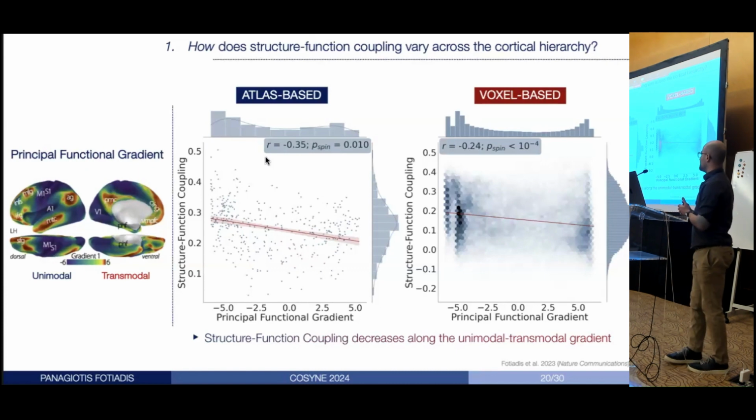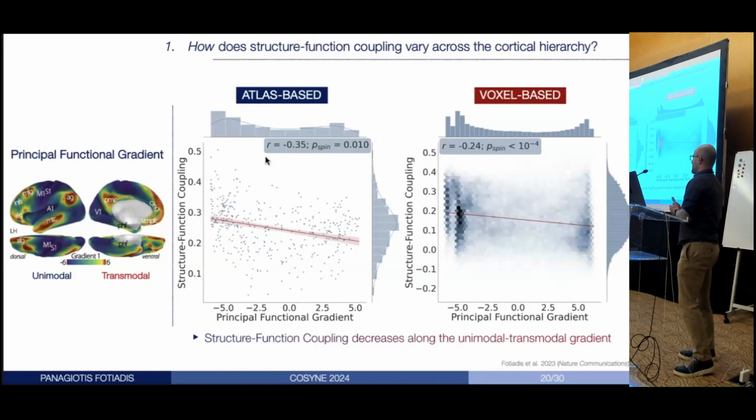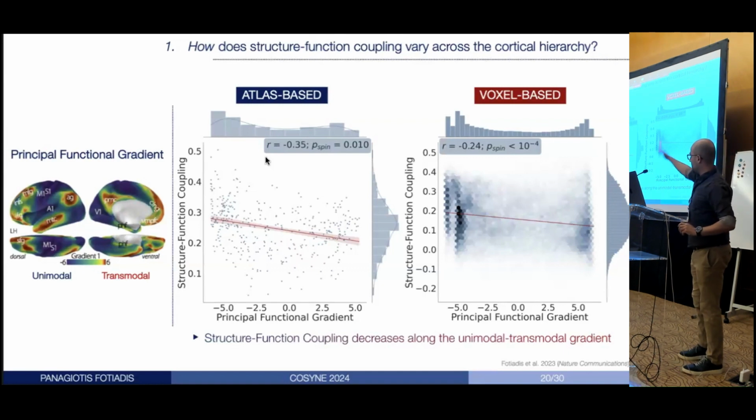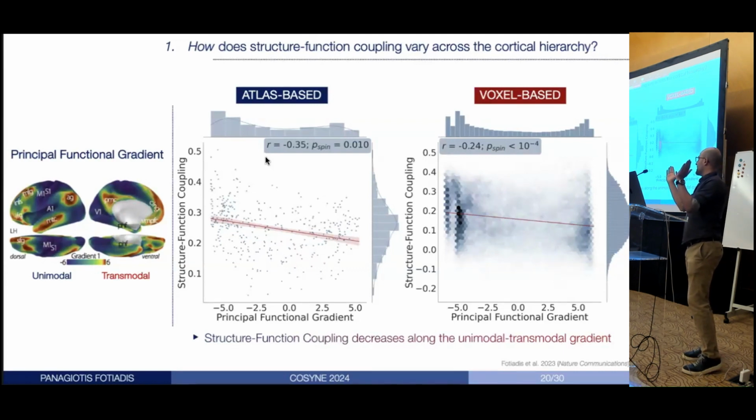definition that was proposed in 2015 in a really nice paper, where essentially the authors came up with a functional gradient in which they assigned each brain region a number that corresponds to where it is placed in the unimodal to transmodal gradient. So you start with sensory visual regions and motor regions that lie on the lowest end, on the negative numbers. And on the other side of the spectrum, you have the limbic network and the default mode network, those transmodal networks that have the highest numbers in that placement.